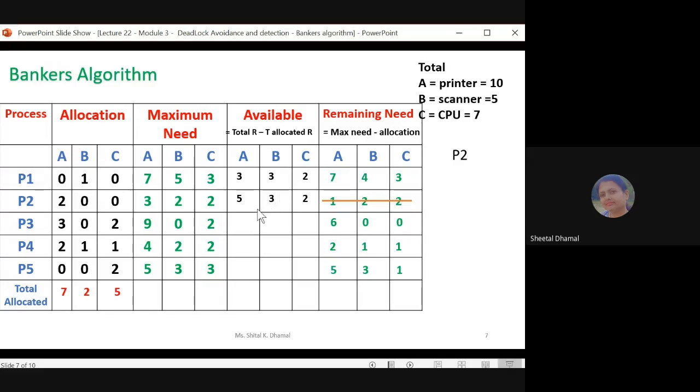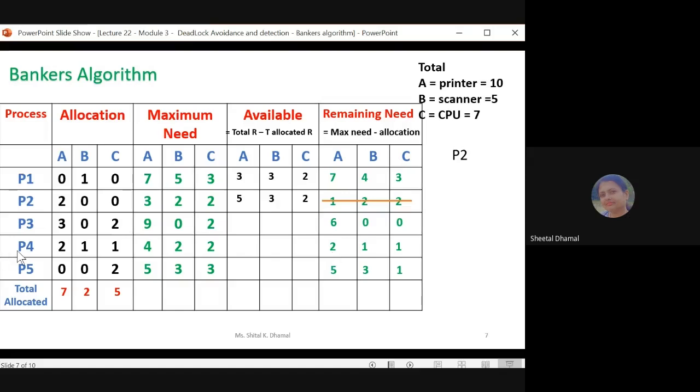So now what your bankers algorithm will do, it will check whether the next process which is available in the ready queue, whether it is able to complete its job. लेकिन अभी ये जो नेक्स्ट प्रोसेस है P3, उसको तो 6 प्रिंटर्स चाहिए अपना जॉब कंप्लीट करने के लिए, लेकिन हमारे पास तो सिर्फ 5 प्रिंटर अवेलेबल हैं। मतलब ऑपरेटिंग सिस्टम इसको रिसोर्सेस नहीं अलोकेट कर सकती है। सो इट विल लीव दैट प्रोसेस, देन इट विल चेक द नेक्स्ट प्रोसेस व्हिच इज अवेलेबल इन द क्यू।